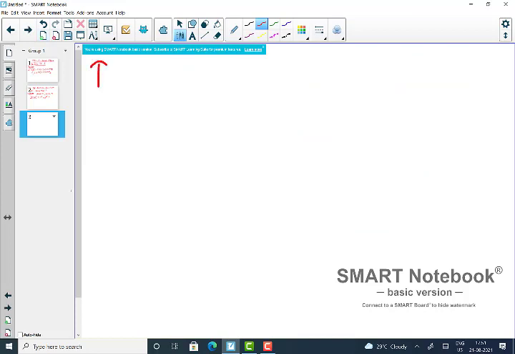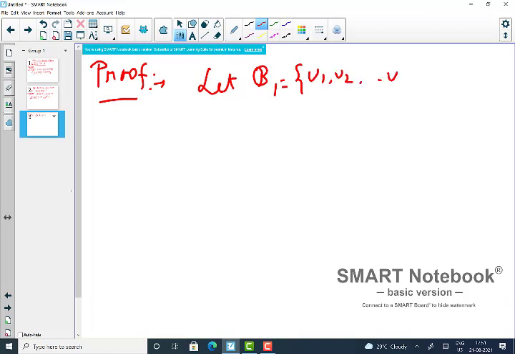How do you prove this kind of theorem? Obviously, if you prove two spaces are isomorphic, you need to find a linear map between them which is invertible. So how to define it? Let me first define two bases, maybe that will be helpful. Let B1 equal to v1, v2, up to vn